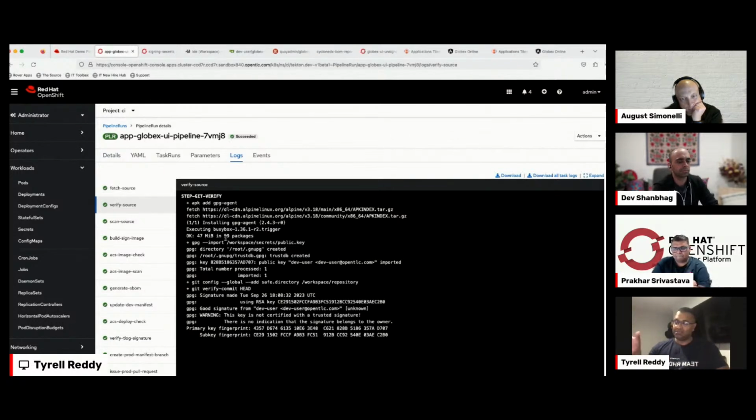We've got a public key that's embedded in our pipeline that checks against the commit and says, okay, cool, the commit is verified because my public key is verified against that commit. As you see here, it says good signature, and we know the person was dev user. So we're pretty happy with that. There are a few other warnings, because that's not necessary at this time, but you could get rid of those. But the most important part was that we verified the signature, right?